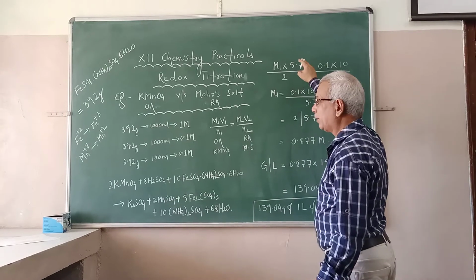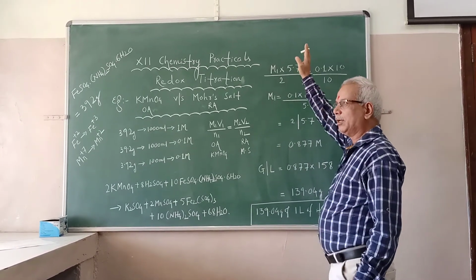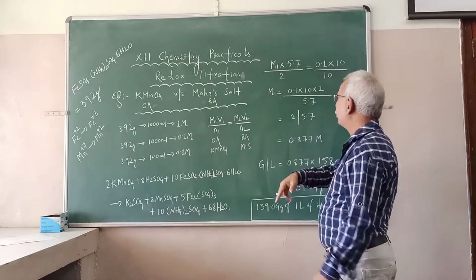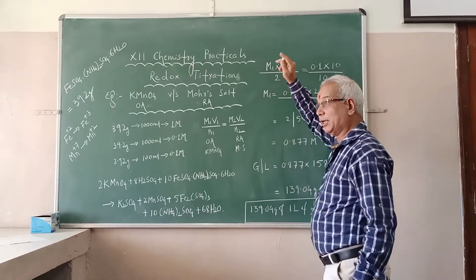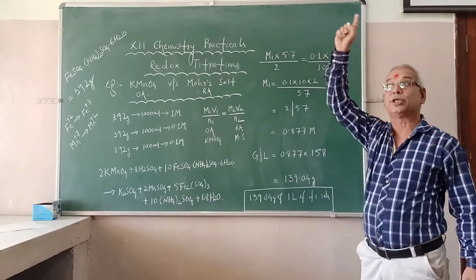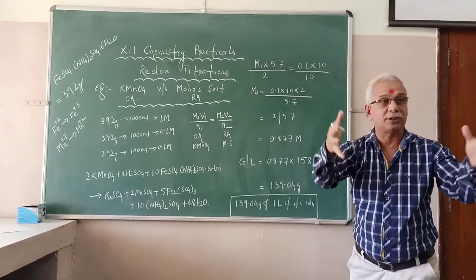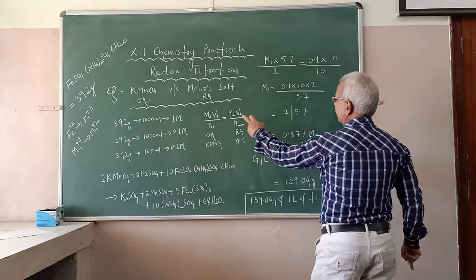So my starting point was 6 ml. I added up to 11.7. The difference, final minus initial, is 5.7 ml that I have added to the flask. Our pilot reading was 5 to 6 ml, that means the real reading lies between 5 and 6. What is the real reading? It is 5.7. So 5.7 is the V1.